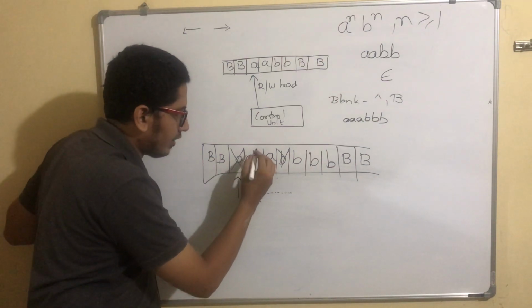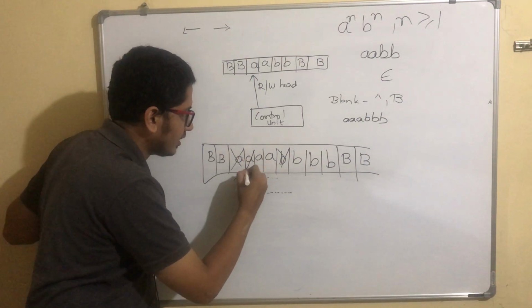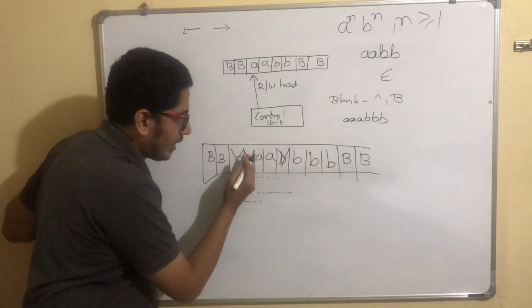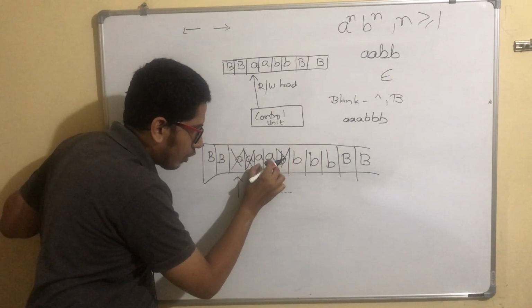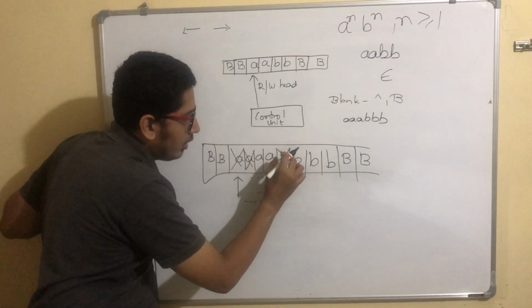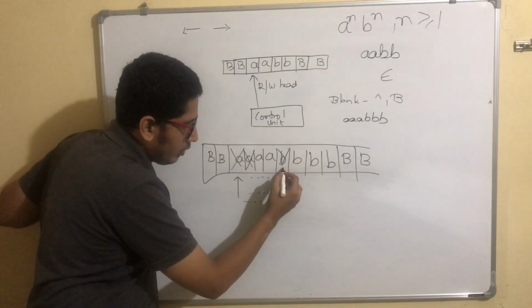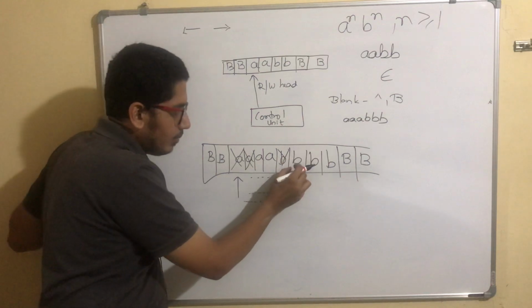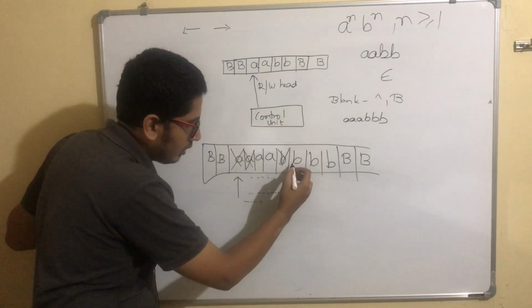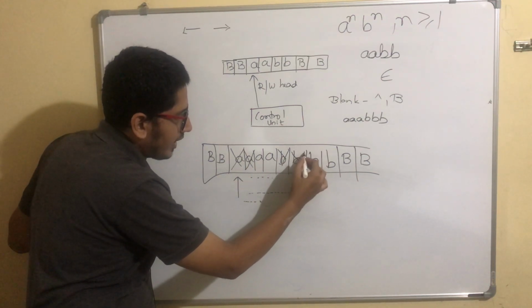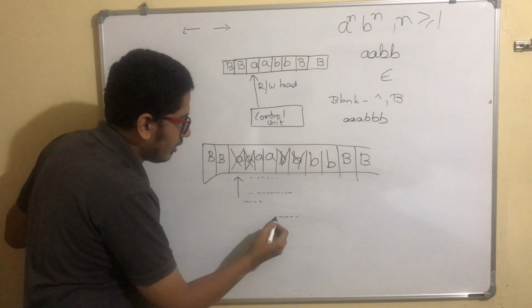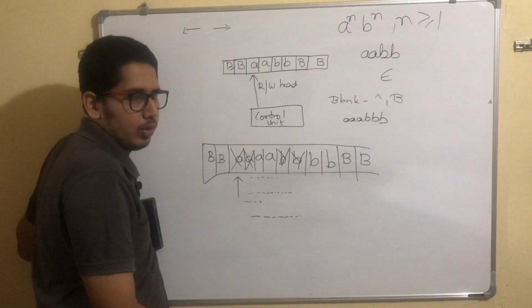While moving right, whenever there is the first A, it will mark it as X. Then it will keep moving right. While it keeps moving right, there can be any number of A's, any number of Y's in the middle. So the last Y or first Y, however you want to call it, before the unmarked B, till there it moves. Then it says this is unmarked. It will mark it as Y. Then again come back till the first X or last X, however you want to call it.